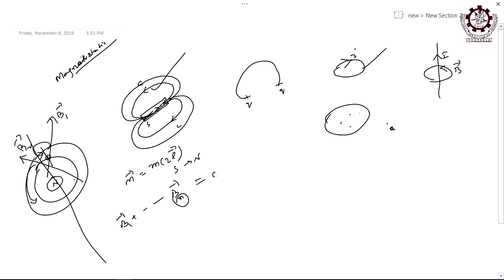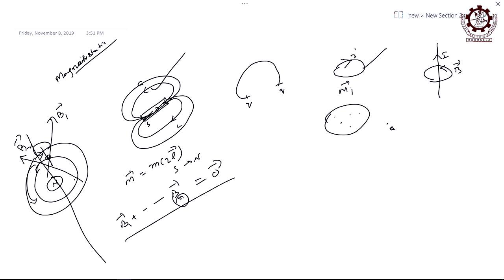The vector sum may be 0, may not be a 0 vector. The net sum of the B's for all electrons inside that atom may be a 0 vector, or may not be a 0 vector. If it is equal to a 0 vector, then it is not a magnetic substance. It is non-magnetic, because there is no net magnetic field. In terms of magnetic moment also, if this is an orbit which is a magnet, then it has a magnetic moment or not. Let us say M1 is the magnetic moment due to the first electron. If it is a magnet, a magnetic moment is a must. However small the thickness may be, there is a magnetic moment.